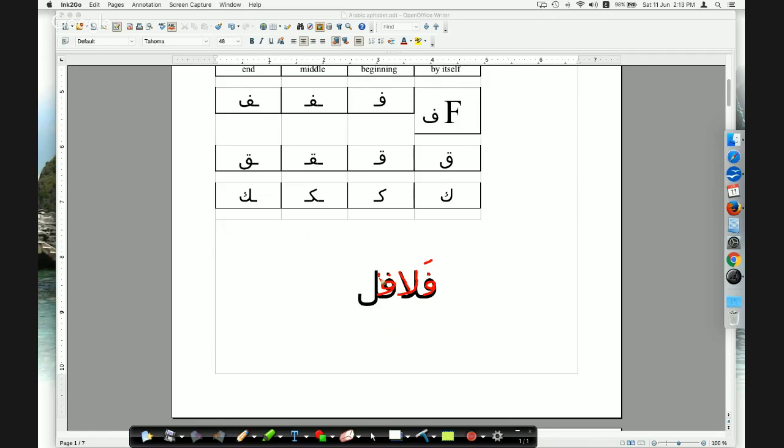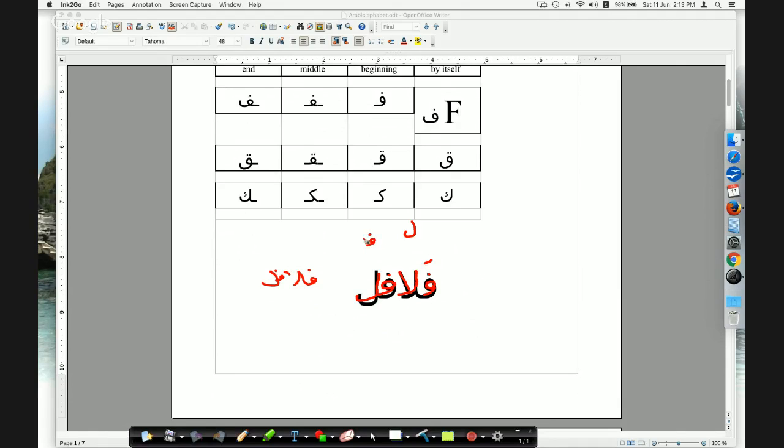And then the letter L again at the end. Remember we said the letter L, when it's at the end, goes back to the original. You remember? So letter L literally like this is the original. Because it is at the end, it is going to be at the original shape. So falafel, falafel,